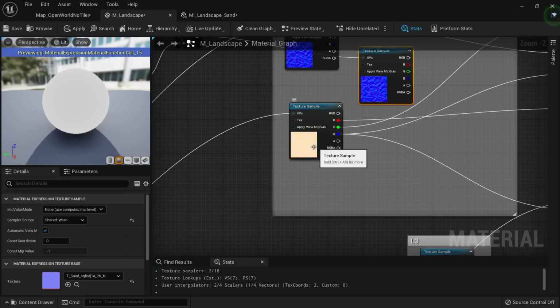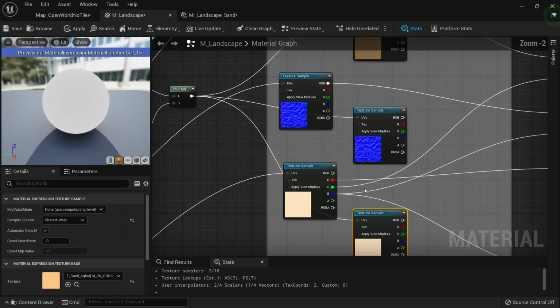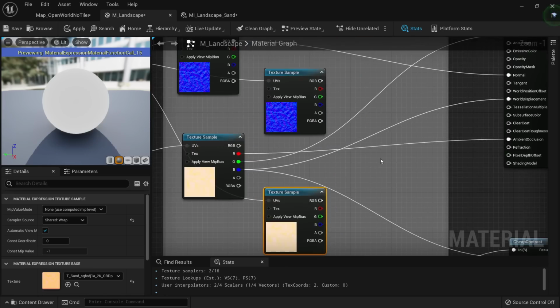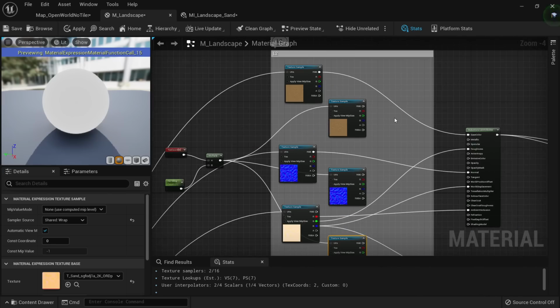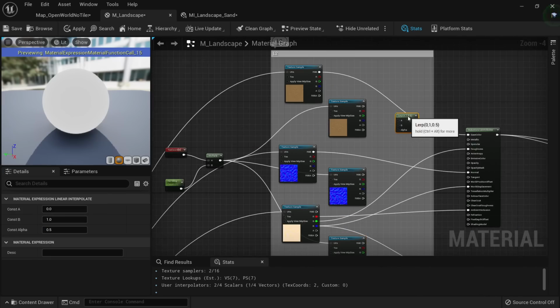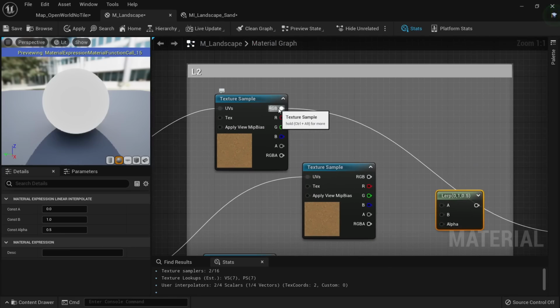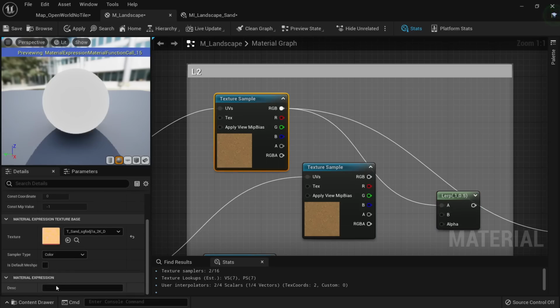And we can do the same here, W, and put the far tiling here, like that. And now that we have this, what we need is a lerp. Let's put the lerp, and the lerp be my close tiling, and I'm going to comment this here, just close texture,